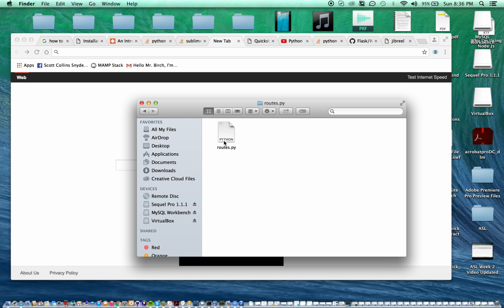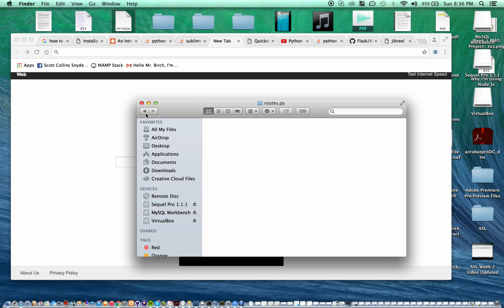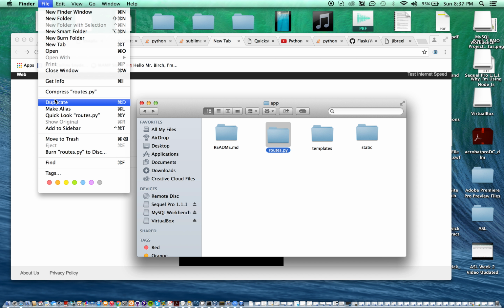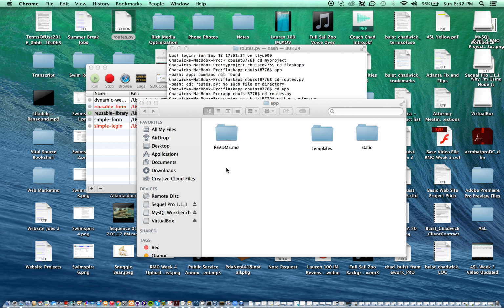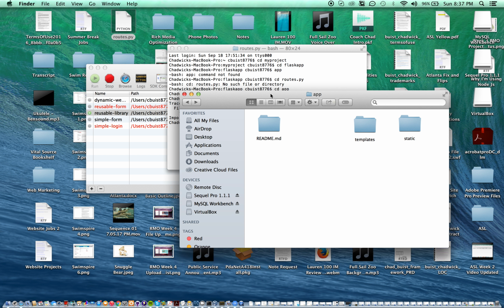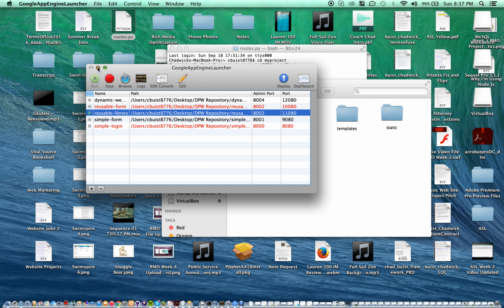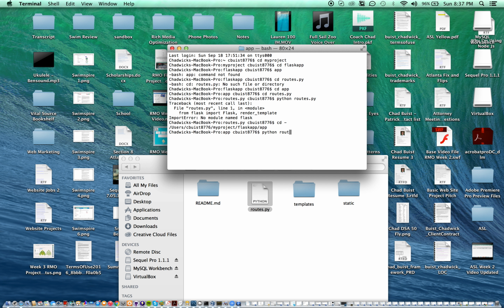I think I had to take routes out for a second. Get rid of that folder. Just run it as a file. Then run this down here. Sorry, I got a lot of stuff on my desktop right now. Bring routes in. Keep that there. I'll go back a directory to back to app, and then we'll say python